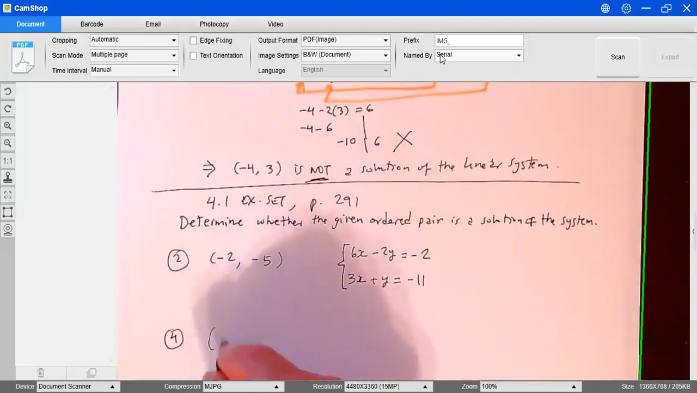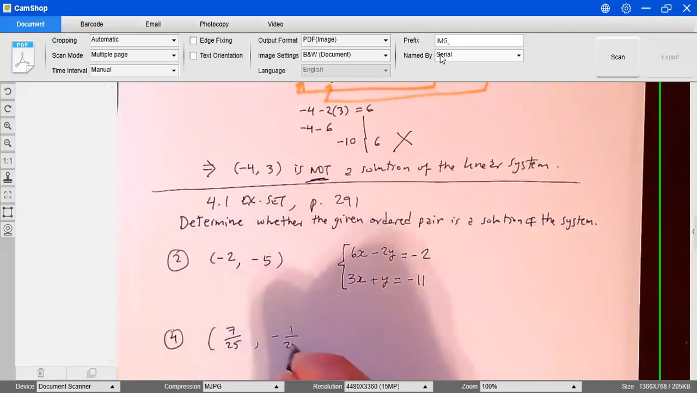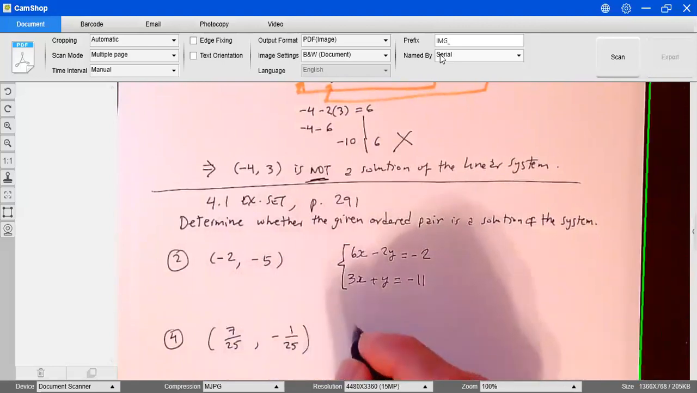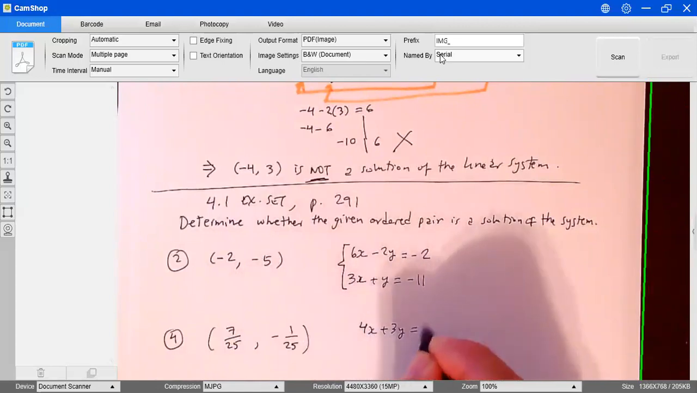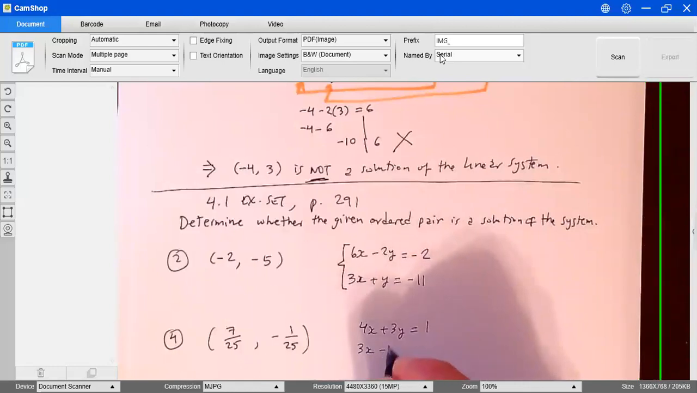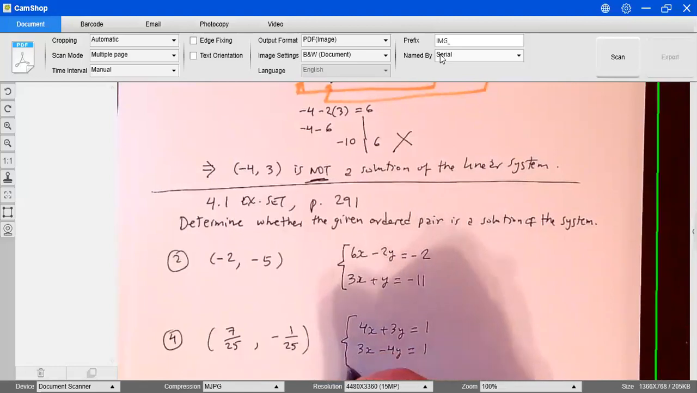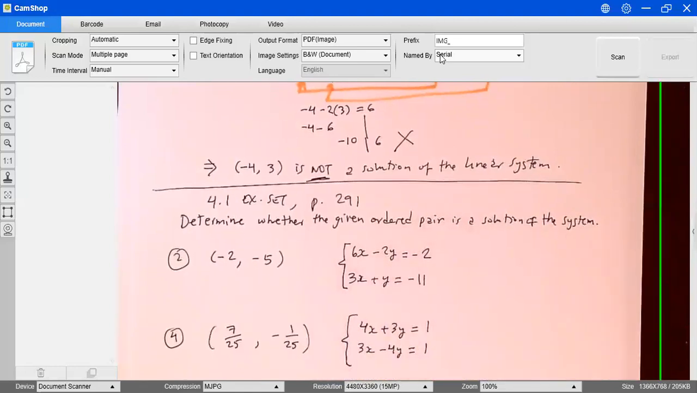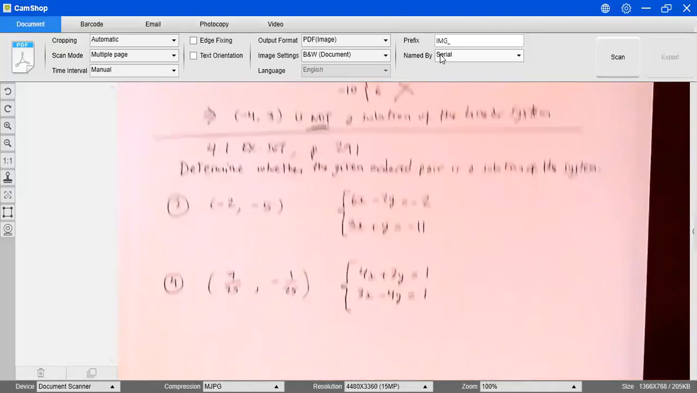Problem 4, the point is 7/25, -1/25. And the system is 4x plus 3y equals 1, 3x minus 4y equals 1. So this is the system where you're going to test whether this is the solution for this system. Then